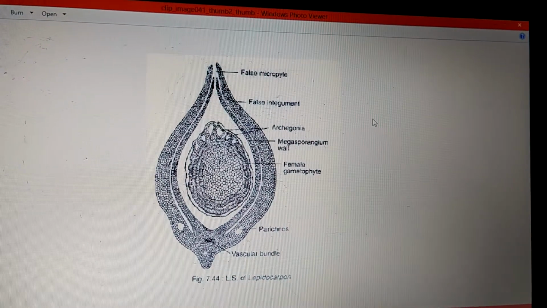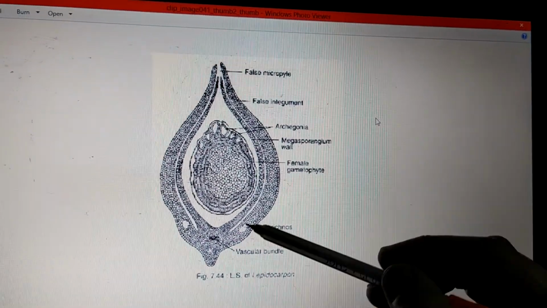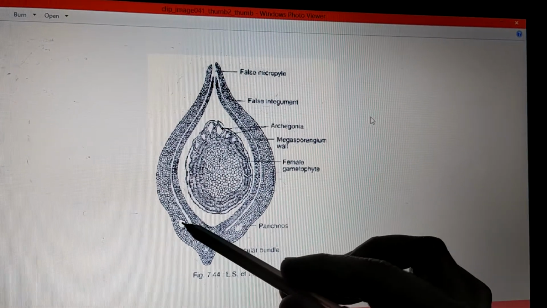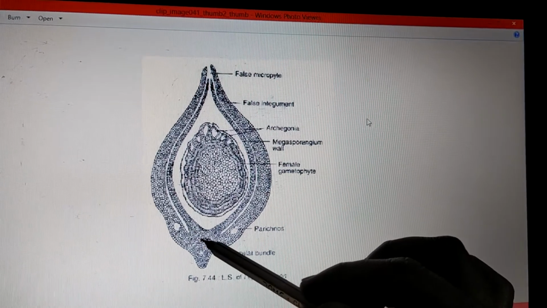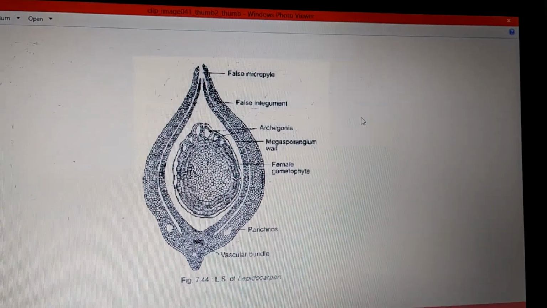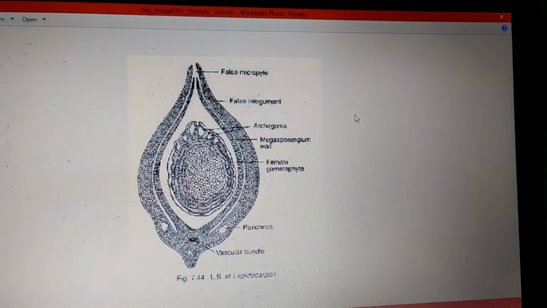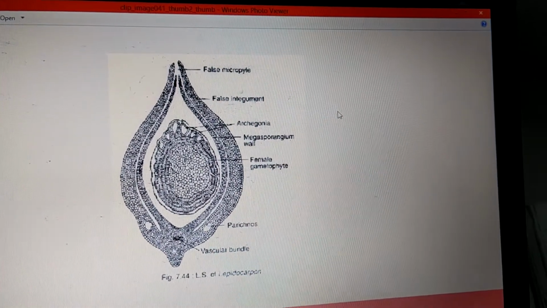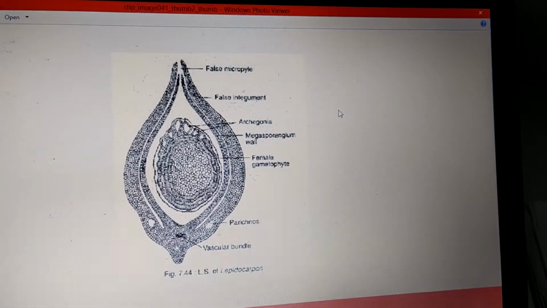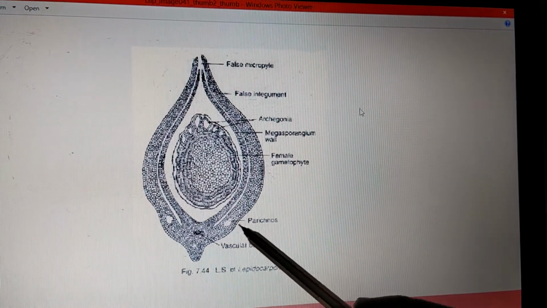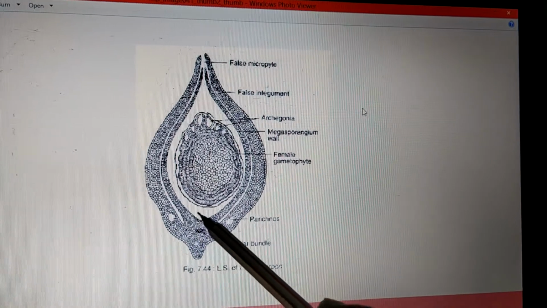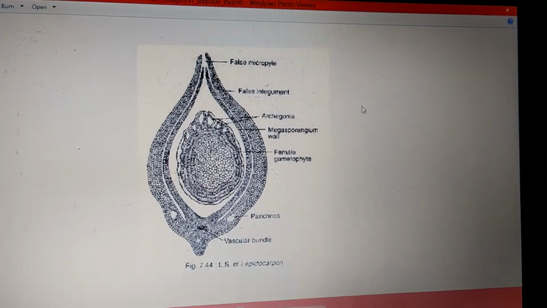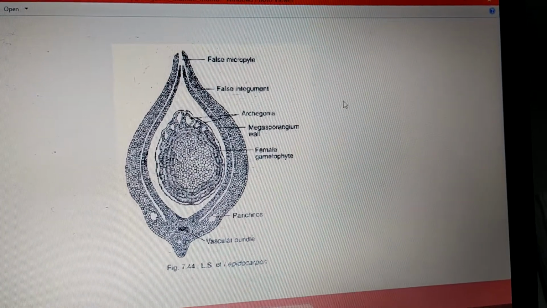Now what are pericorns? Pericorns are nothing but a tissue present in the parenchyma with a lot of air space. We can make out here a lot of air space between these cells. This tissue probably helps in photosynthetic gas exchange, much like the lenticels of modern trees. So we can compare these with the lenticels, which are responsible for the exchange of gases. This was a description of the longitudinal section of a lepidocarpon.